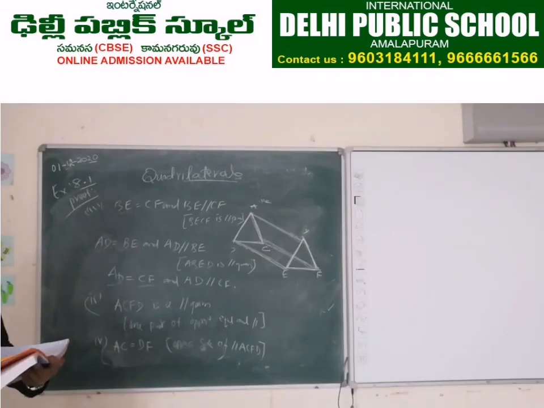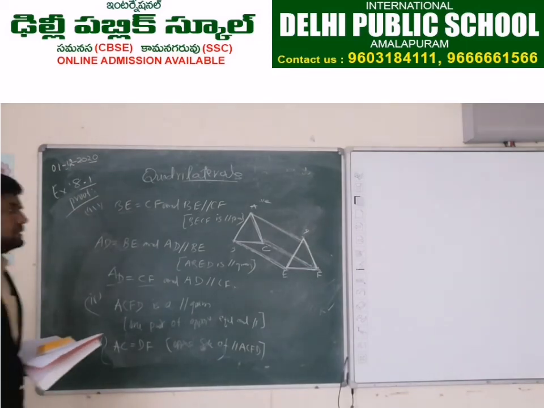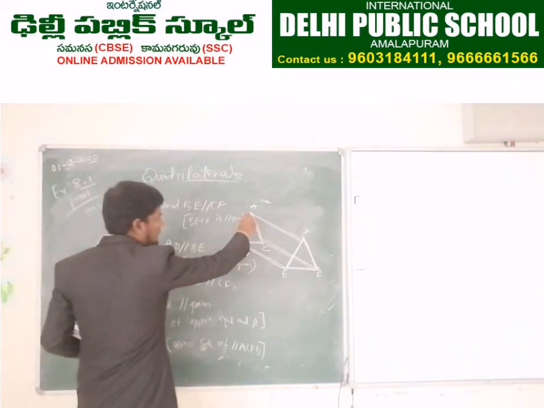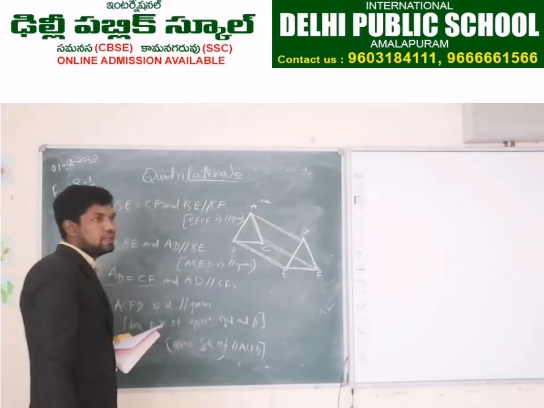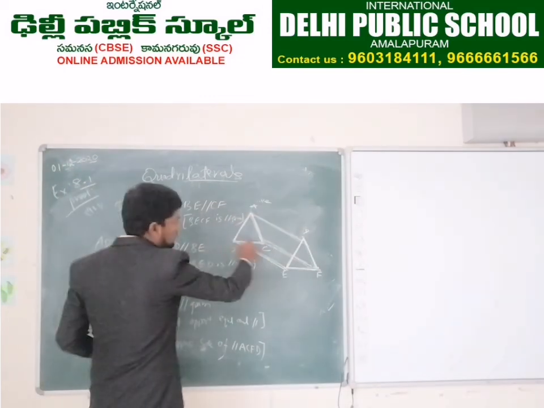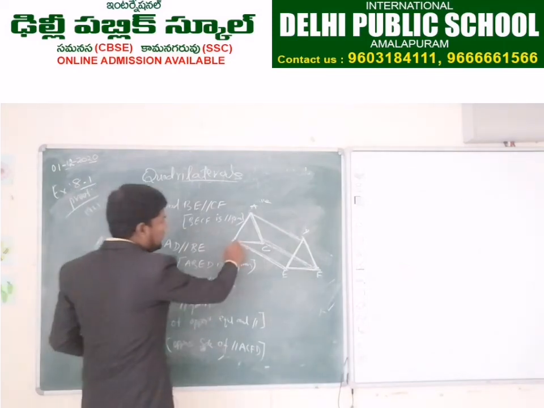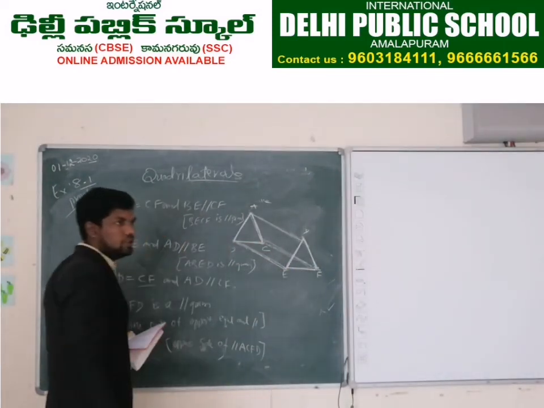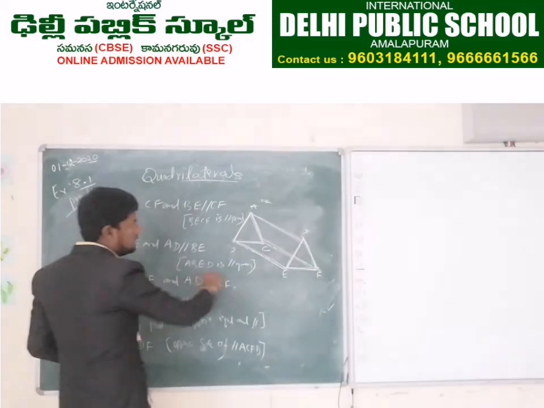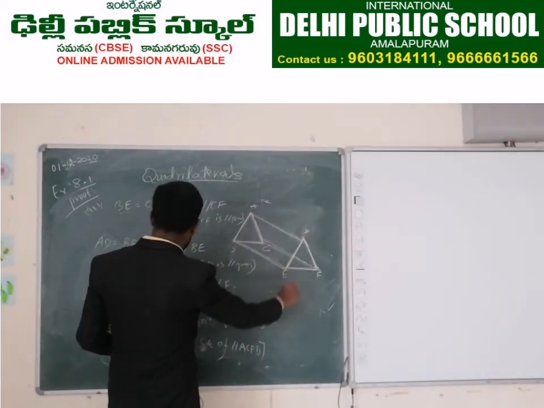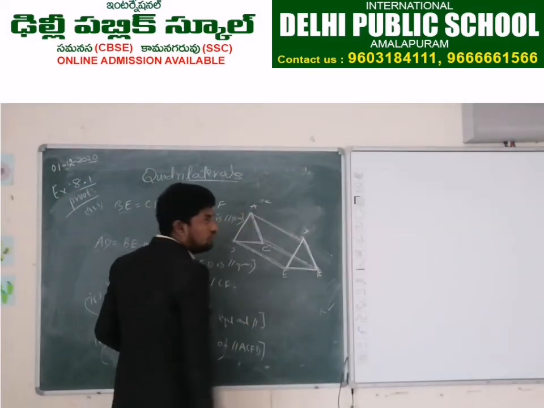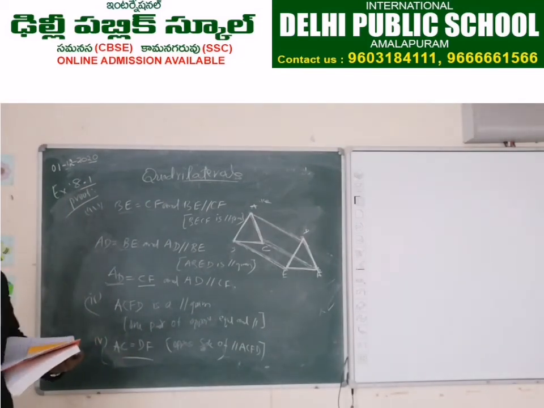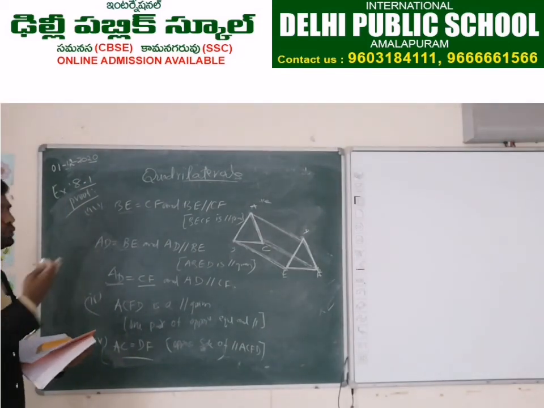The last one, what is the last condition there? ABC and DEF, right? See here, in that last condition, they have asked us to prove this triangle ABC and DEF congruent. So in that, already AB is equal to DE they have given. BC is equal to EF also they have given. Here we have proved AC is equal to DF. Okay, so three conditions, side, side, side. Based on the three conditions, these two triangles are congruent.